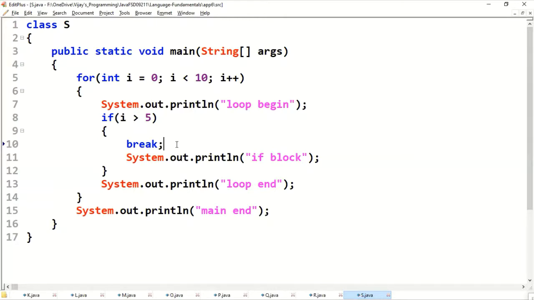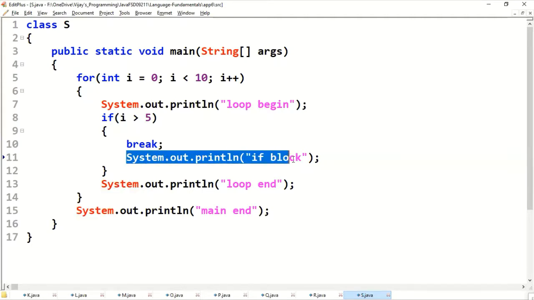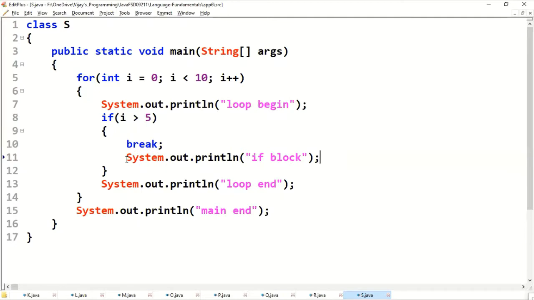Otherwise, you will get a syntax error. Why? Because whatever code you write after this break becomes useless, unreachable.